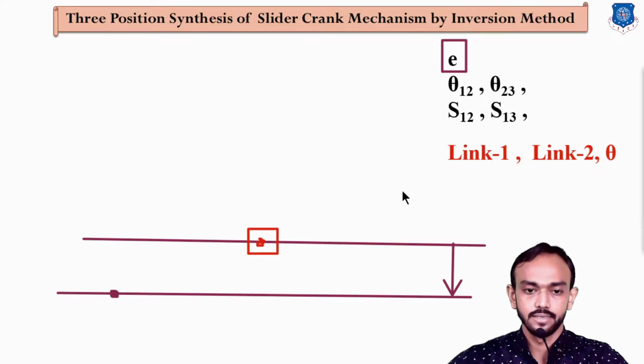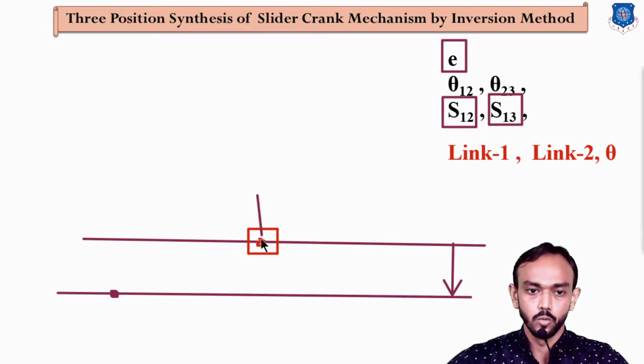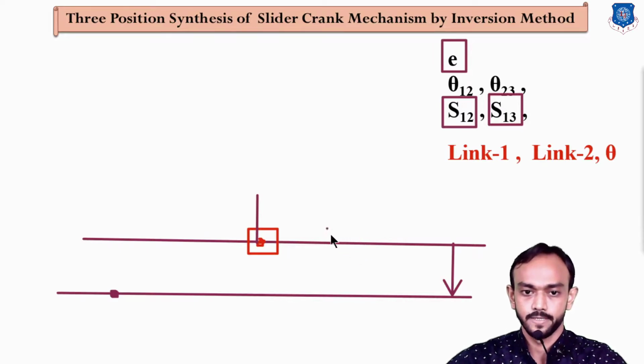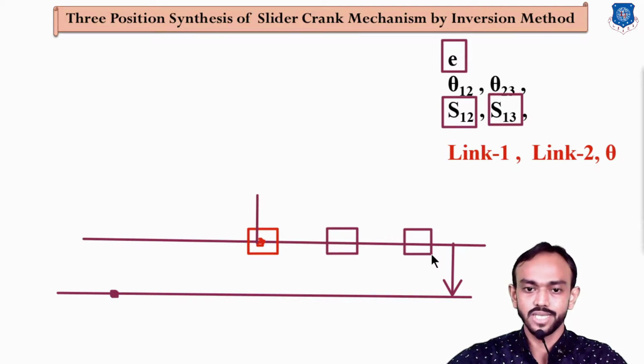meaning I am going to make the first slider here, and after that, as you know the distance is given here, this S12 and S13, from initial to second position and third position is given. So I am going to make the second position and third position, because I have the distance. Which distance you can check here, from S12 and S13, this distance is given. So I will make these two positions,